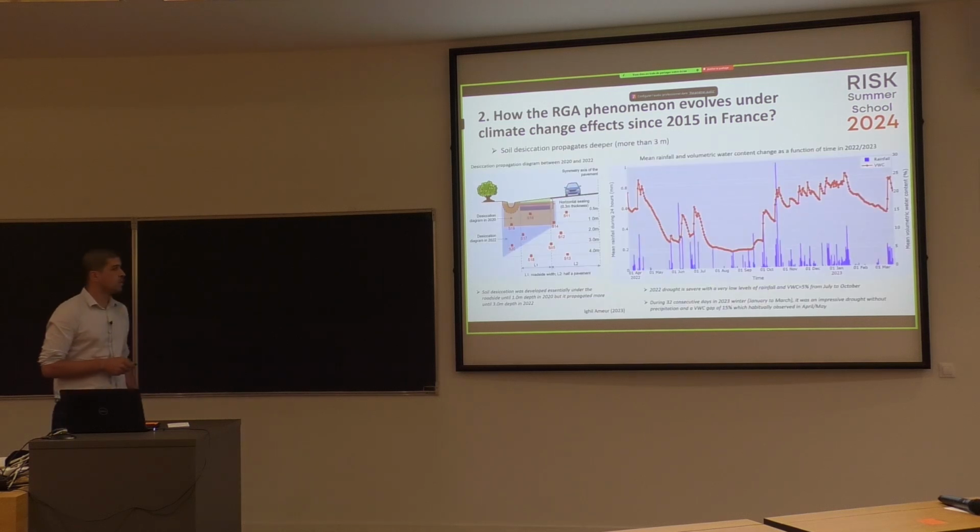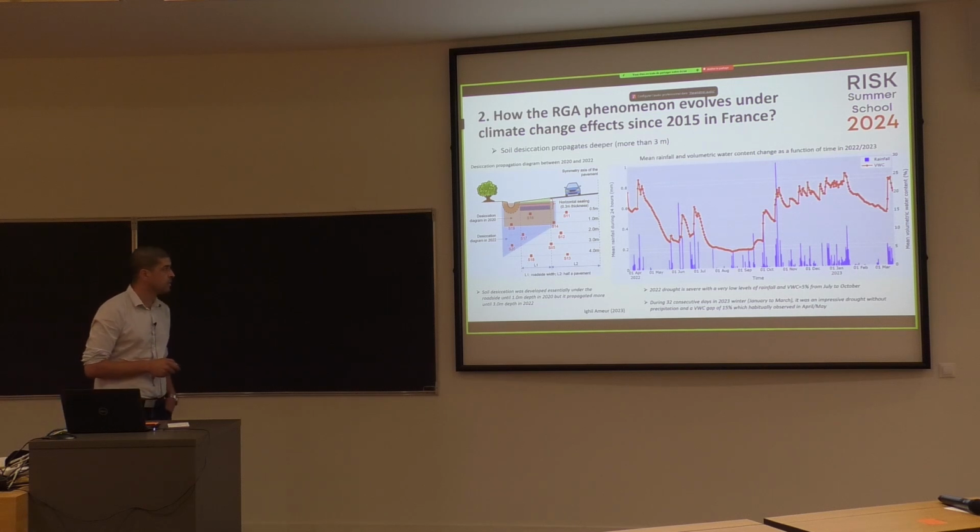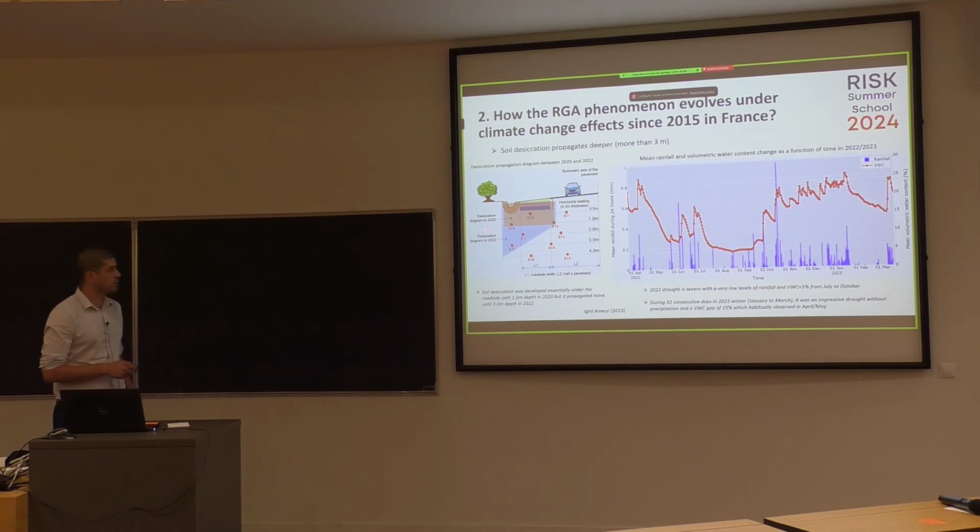Another observation is about soil desiccation propagation. Soil desiccation propagates deeper, more than 3 meters. Here you can see an experimentation we made on the road by monitoring the soil with water content sensors. You can see the red points here down to 4 meters depth. And you can see that we measured desiccation down to 1 and 2 meters in 2020 and more than 3 meters in